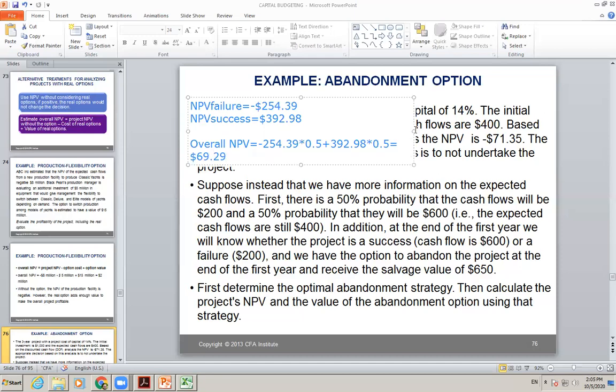$29. So we accept the project. We accept it according to the results that we get from the order. So our decision should be to accept the project. However,